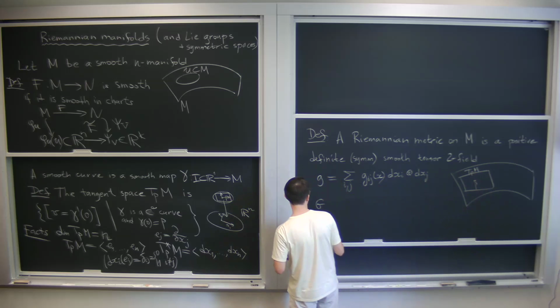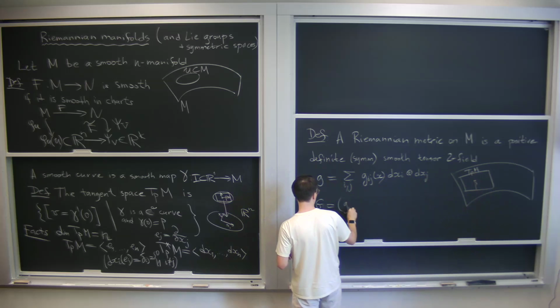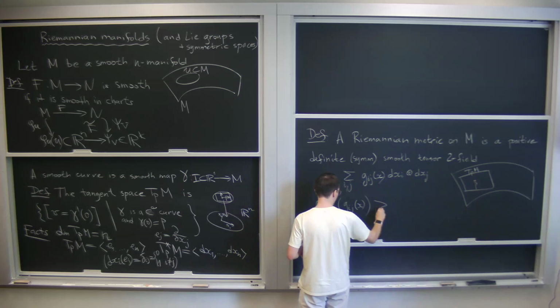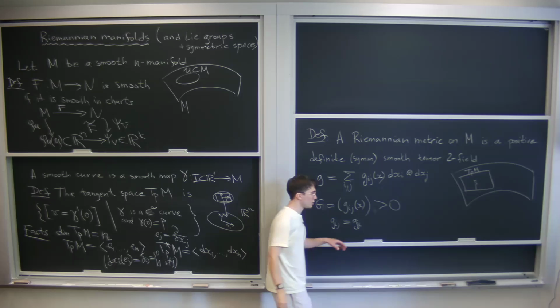So the matrix, which I will denote as G, is the matrix G_ij(x), and G_ij equals G_ji, and this matrix is positive definite, meaning that